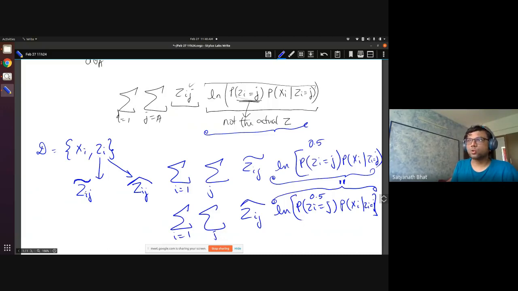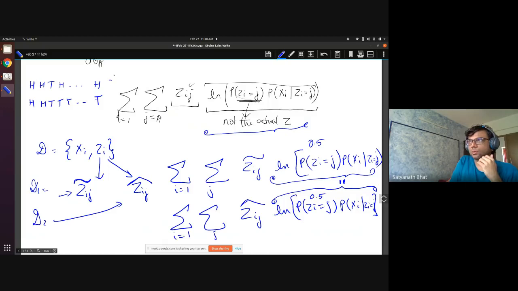This is Zij. Suppose you had seen two different versions, data 1, which is this, and data 2, which is this. This is actual. I have seen. I'm telling you whether this particular sequence of coin tosses came from A or B directly. But I'm saying you can have the same sequence of data from different assignments, right? This can happen. You can have, let's say, head, head. Say there are 10 tosses, something like this, and then head, head, tail, tail, tail, tail. So this could be A, this could be B. It could also be the case that this is A and this is also A. This can happen, right? I am talking about that situation.